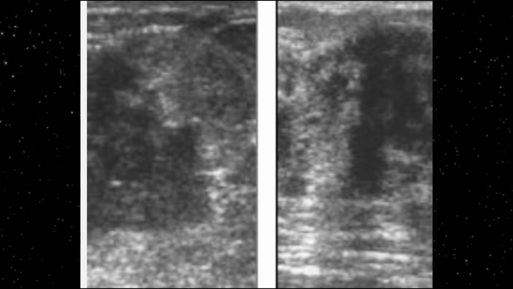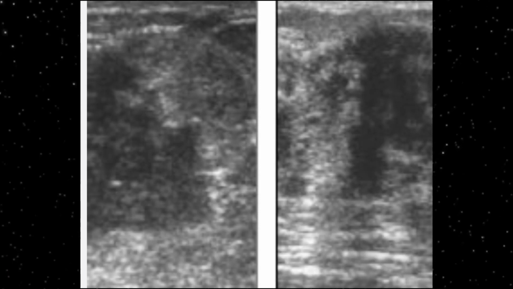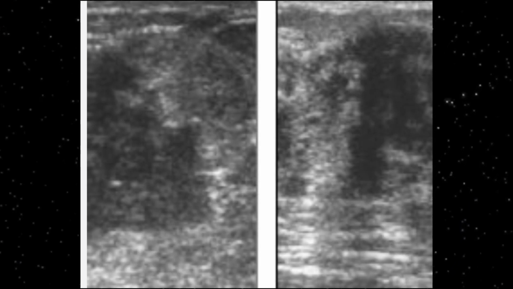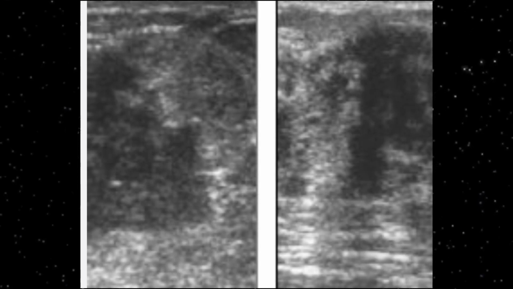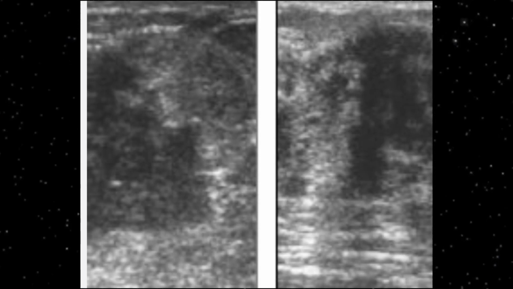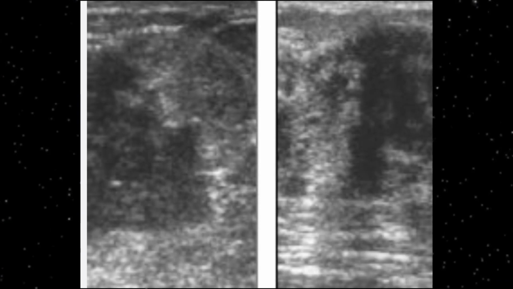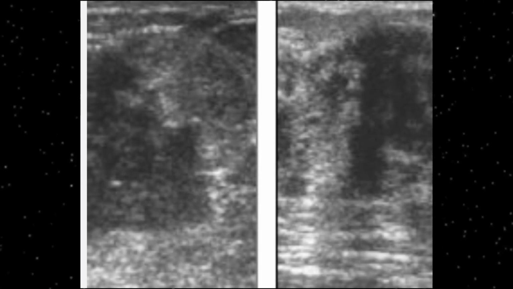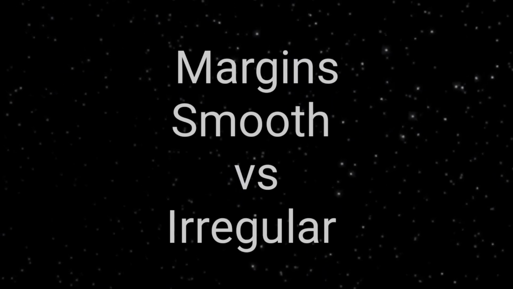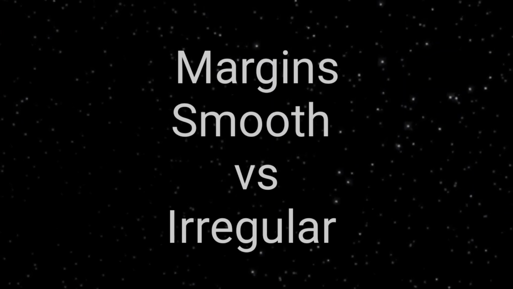This is again the alignment here. I wanted to show you the alignment here. The alignment is deeper than wide. So the more it penetrates downward, deep into the parenchymal tissue, the more it is a characteristic of a malignant lesion. The next point which needs to be concentrated on is the margins,